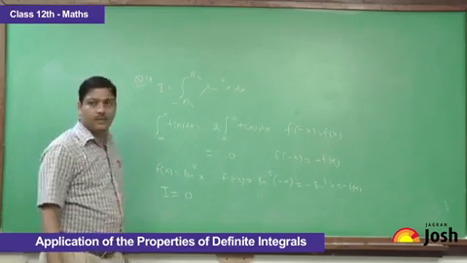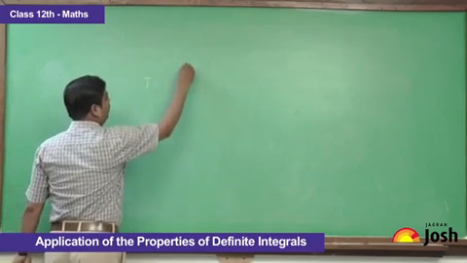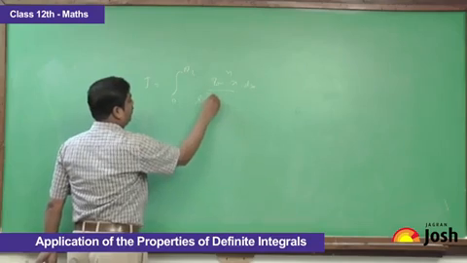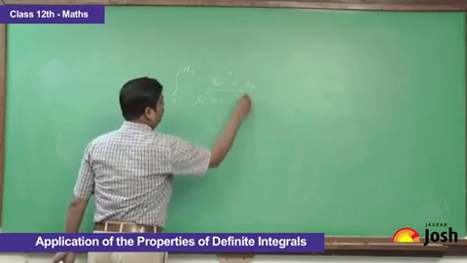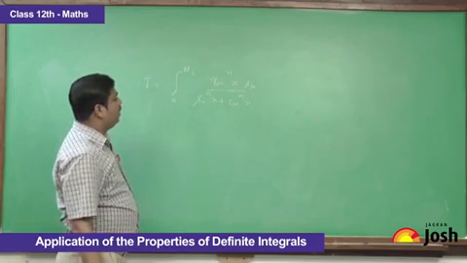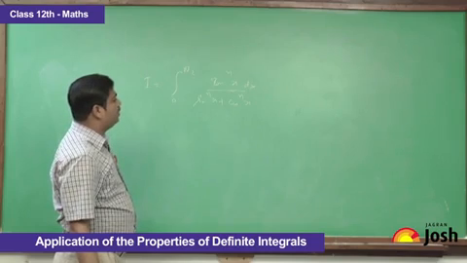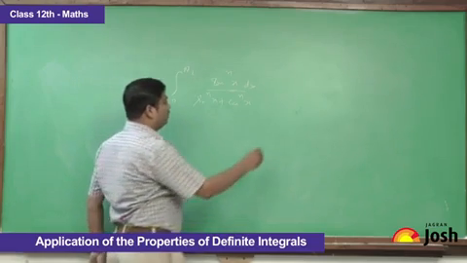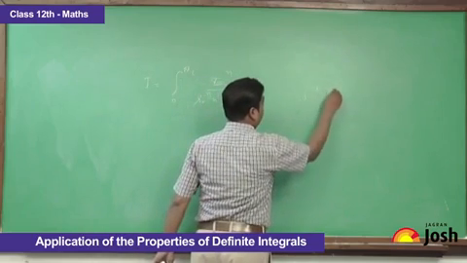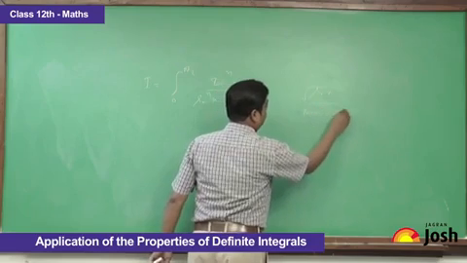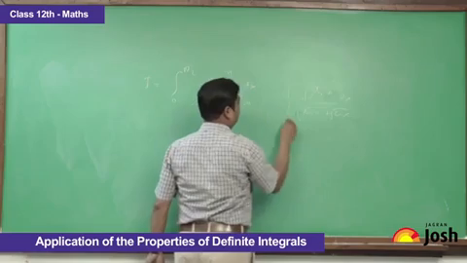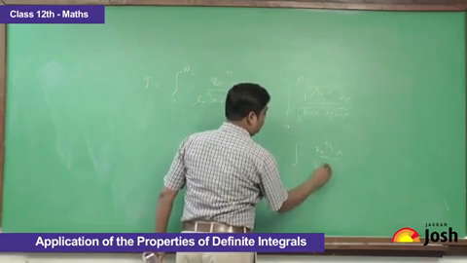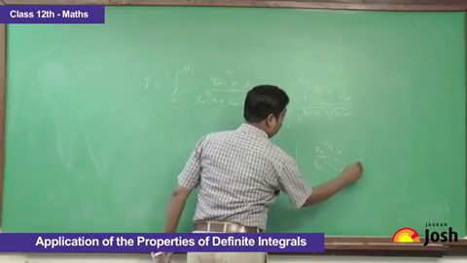Now let us take another example. I is equal to 0 to pi by 2 sine to the power nx dx upon sine to the power nx plus cos to the power nx. This n could be any positive integer in fact, and it can be any fraction as well. So the question could be root sin x upon root sin x plus root cos x dx, or sine to the power 3 by 2x upon sine to the power 3 by 2x plus cos to the power 3 by 2x,